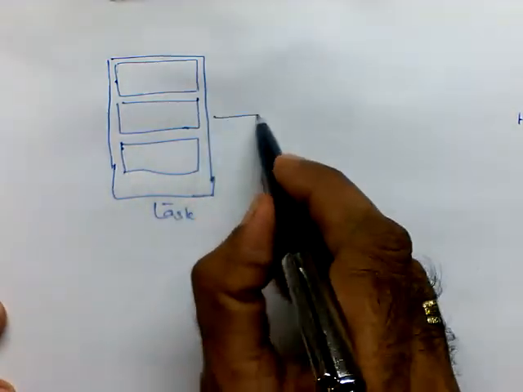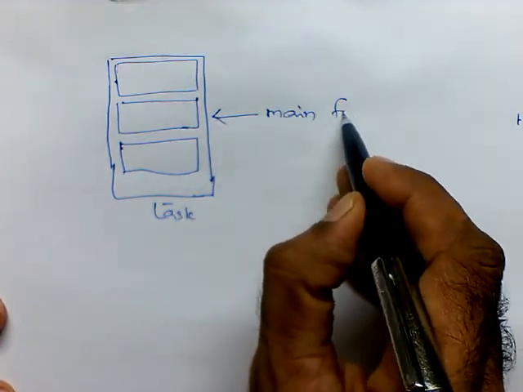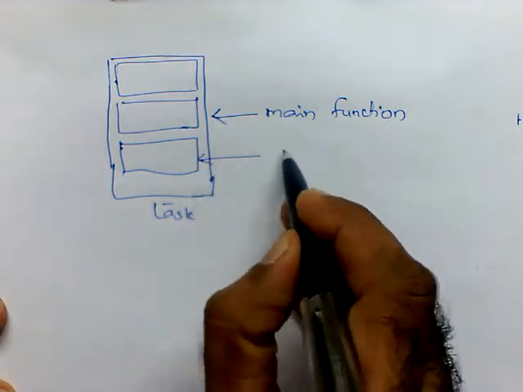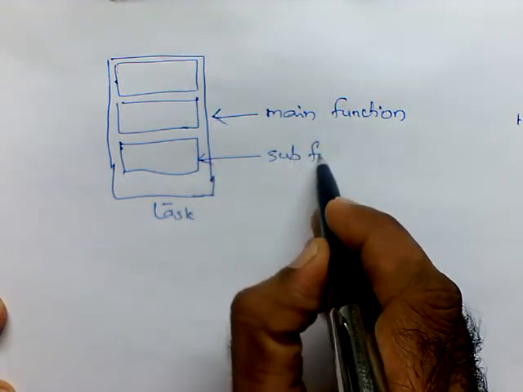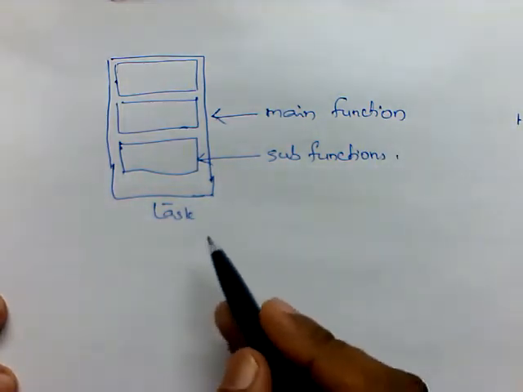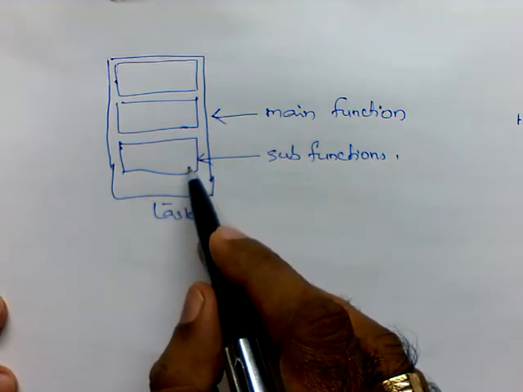So the big task can be called the main function, and we are independently developing these subfunctions. If this is the main function and this is a subfunction, we need to call this subfunction explicitly